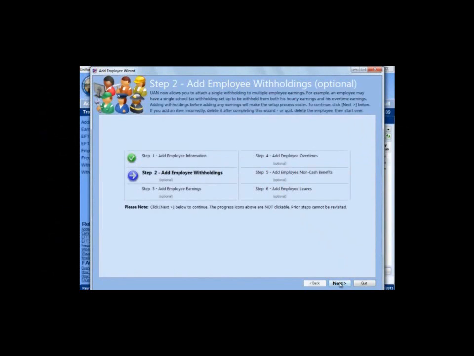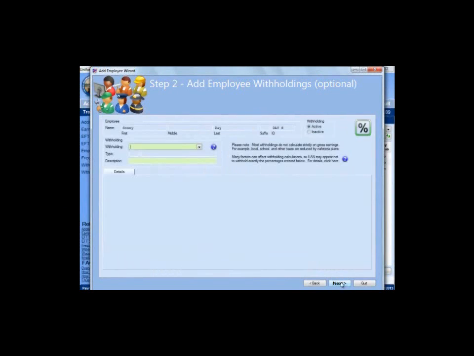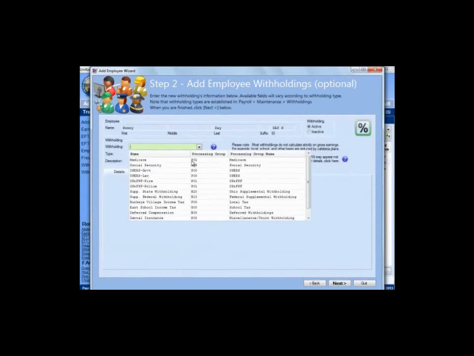So he's already in the software. If we get interrupted, we would have to complete that process through the edit form. Let's go ahead and add the withholdings to Mr. Day. So we'll mark Continue Adding Withholdings. The first we need is Medicare,